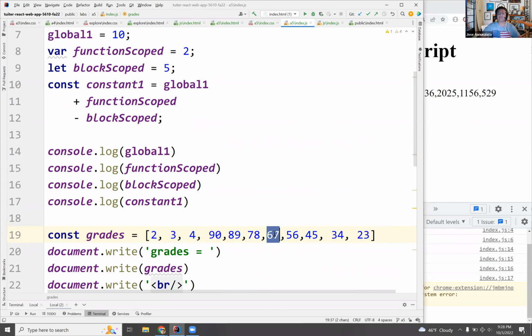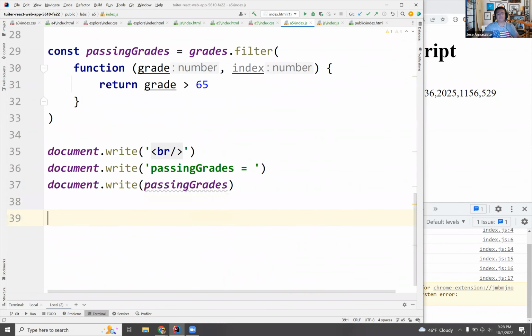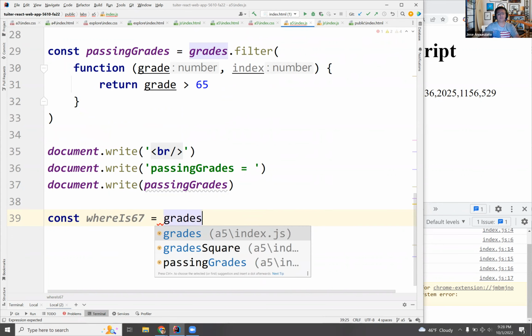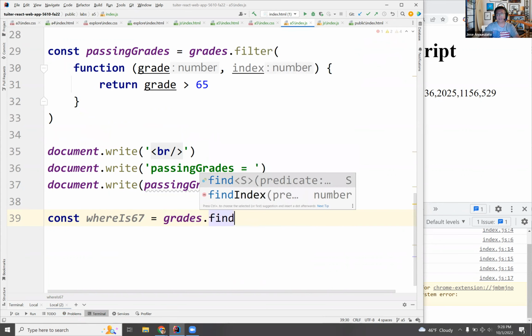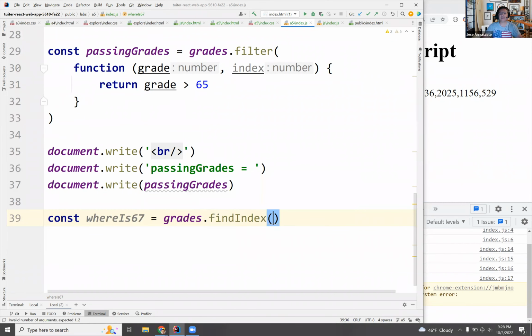Where is 67, for instance, right? That it's in position 0, 1, 2, 3, 4, 5, 6, right? So I could say, const where is 67, right? So you could take the grades array, and then you can say find index. So you can either retrieve the element itself or ask where is it in the array, right? So find index,